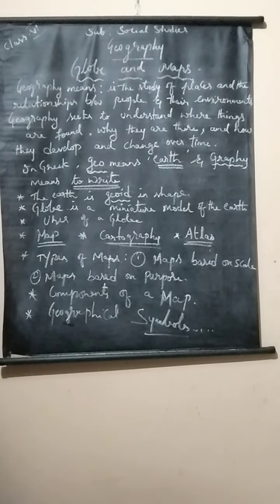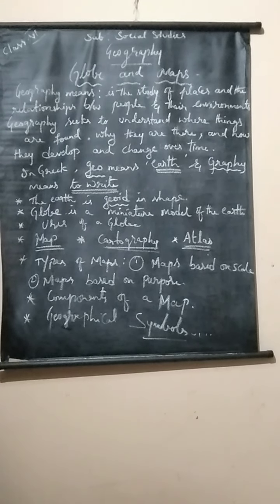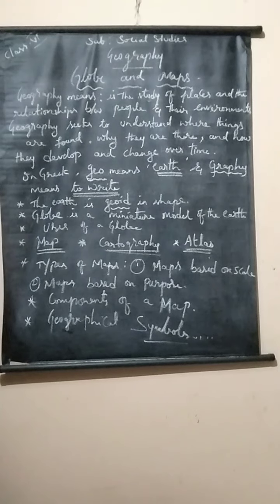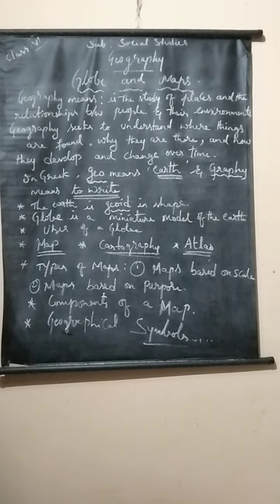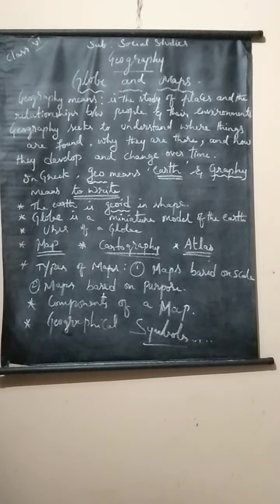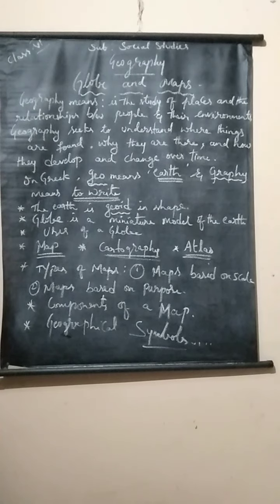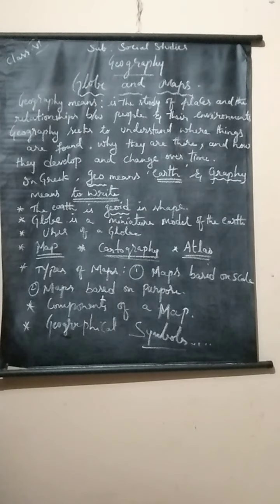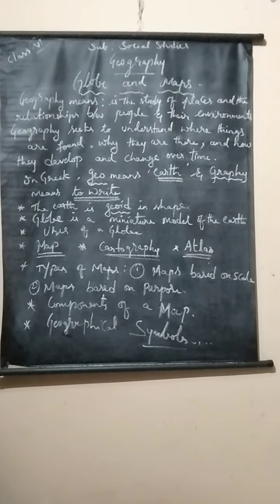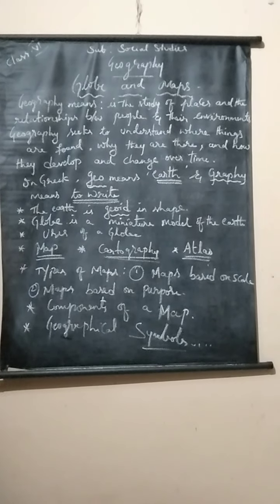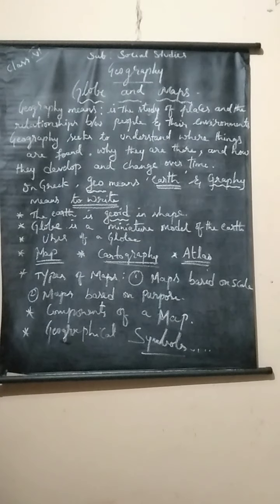They are used as teaching aids in the classroom. They can show general and important features such as political divisions, physical features, etc. The maps in the atlas are smaller in size, but they also give us some information. Okay. Next is a map based on purpose. They are known as the thematic maps.